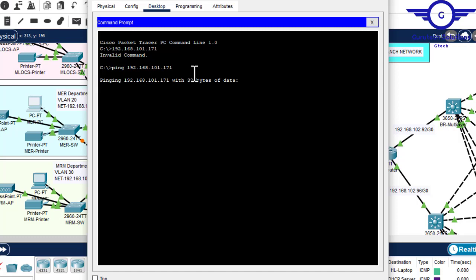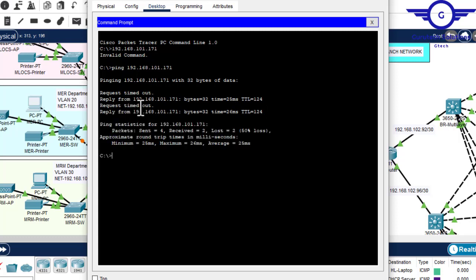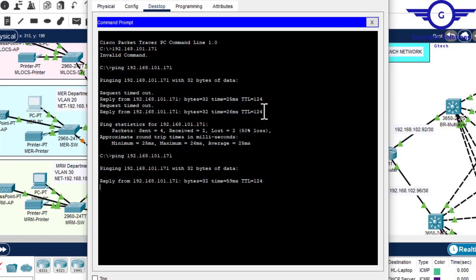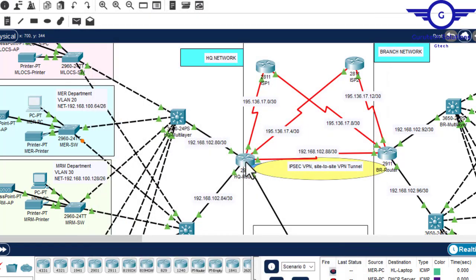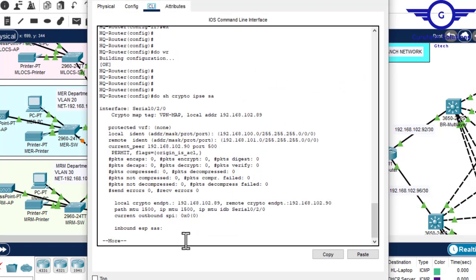Okay, so let's just give it time. It will take time because of the encryption and all the rest, but it will definitely ping. Okay, so it's pinging. As you can see, the first packet has gone, the second packet has gone through, the third might fail, and the fourth will go through. If I try to ping again, you see it's now pinging successfully and everything is working. So I'll go to these routers again and try to test